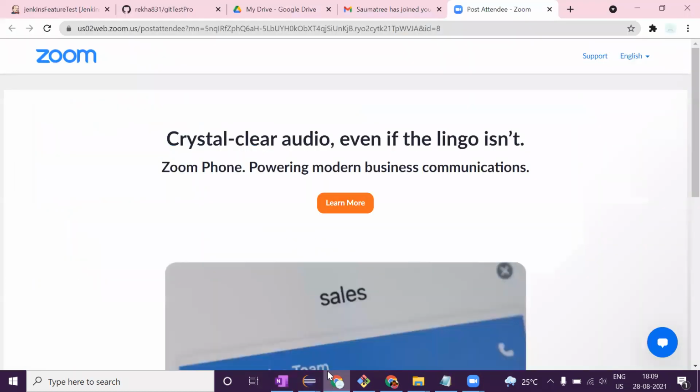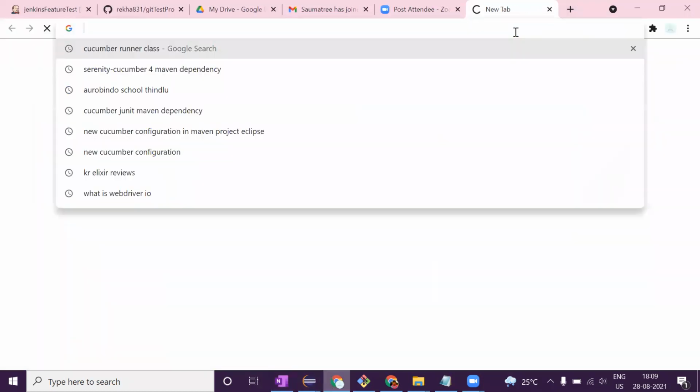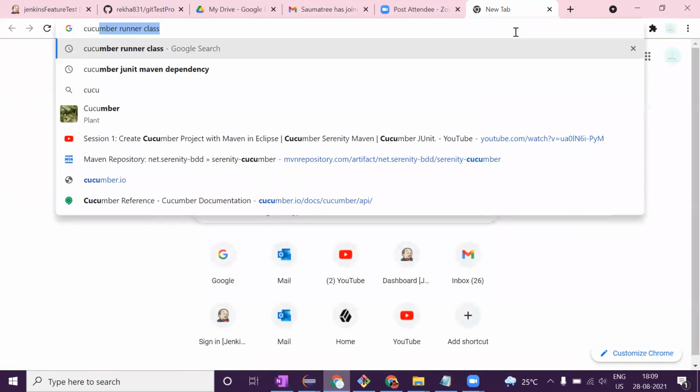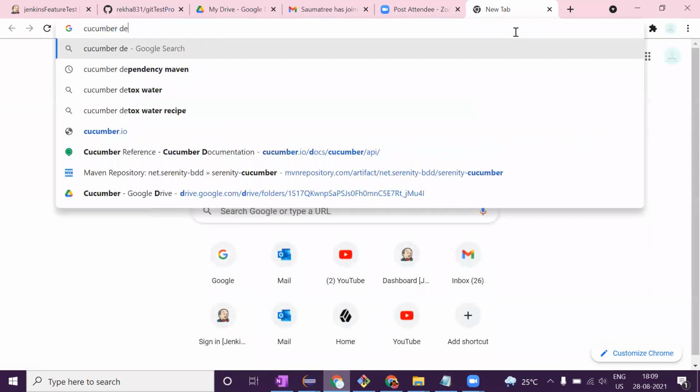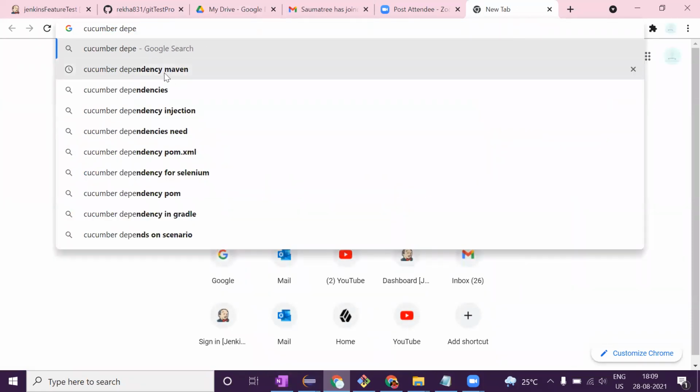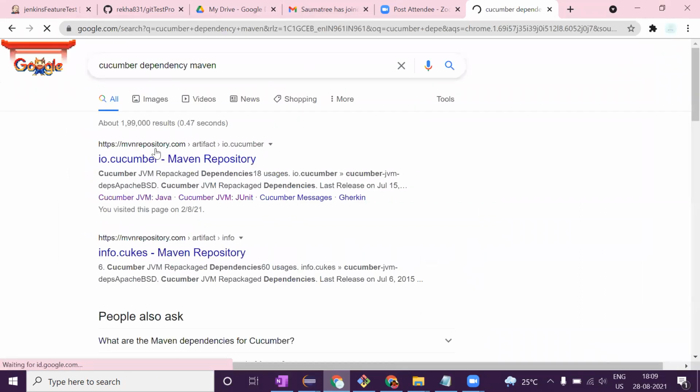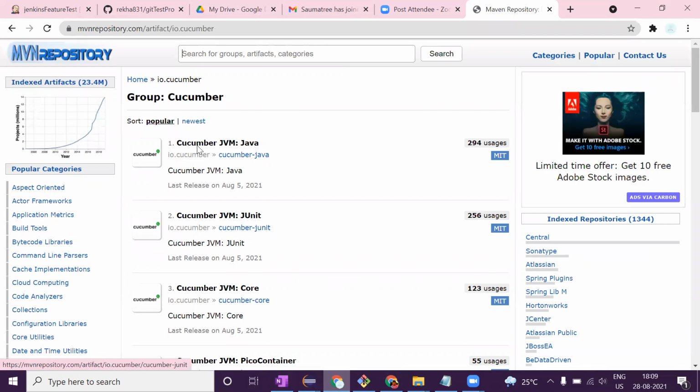Okay, so these dependencies you can find from Maven dependency. You can select this one and take the dependency from here.